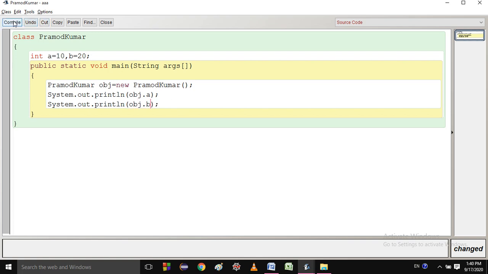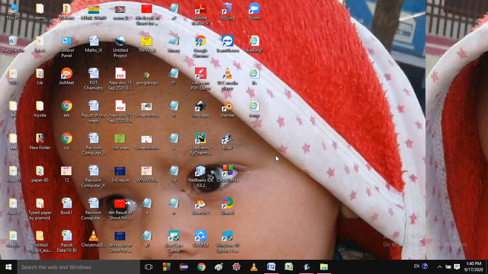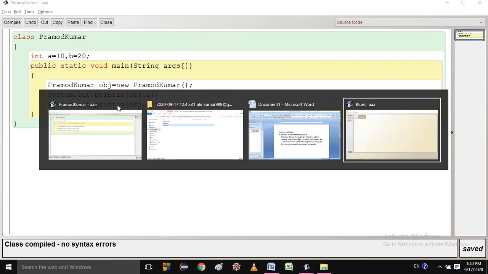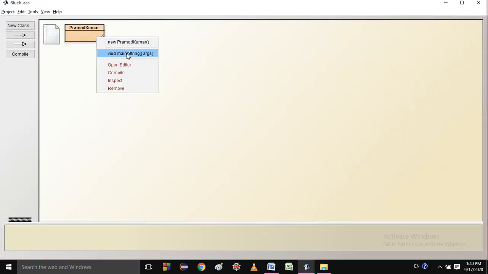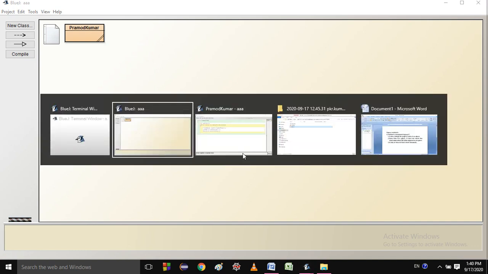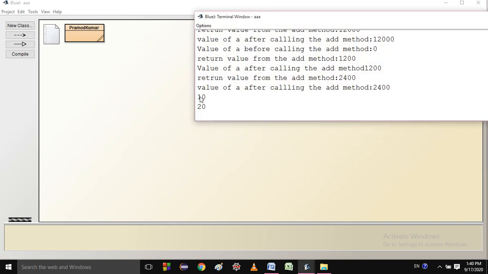Just compile it. Class compiled, no syntax error. Just run this one. You can see the output 10 and 20. This is the old output, do not worry. 10 and 20 is the output.